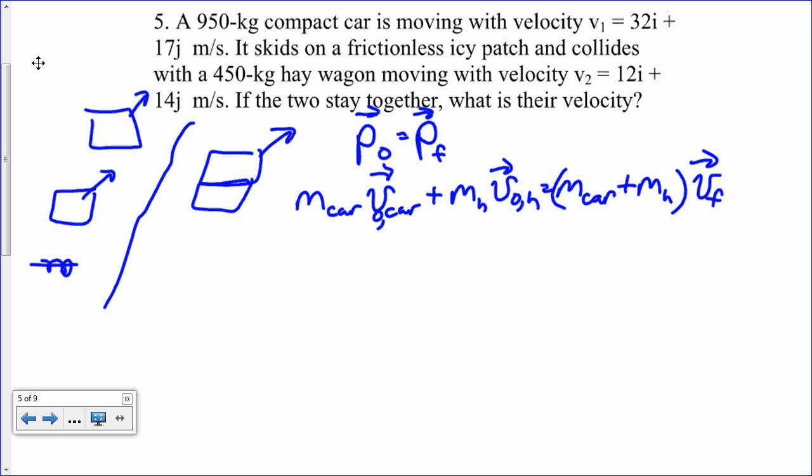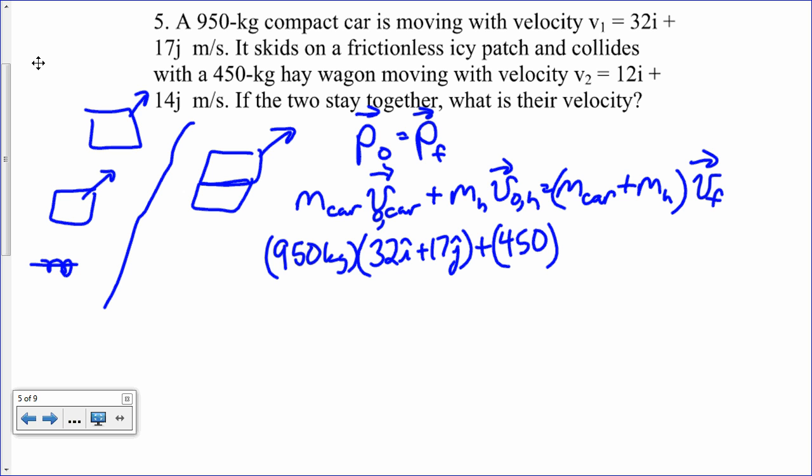All right, I'm going to start putting some numbers in here. Mass of the car is 950 kilograms. The initial velocity of the car is 32I plus 17J. That's in meters per second. Plus the mass of the hay wagon is 450, times the initial velocity of the hay wagon, 12I plus 14J. And that's equal to the mass of the car, 950 plus 450, which is what, 1400? All right, 1400